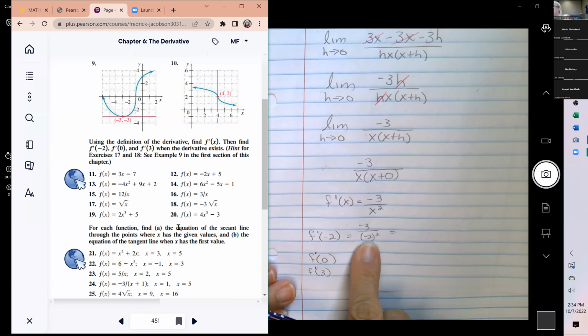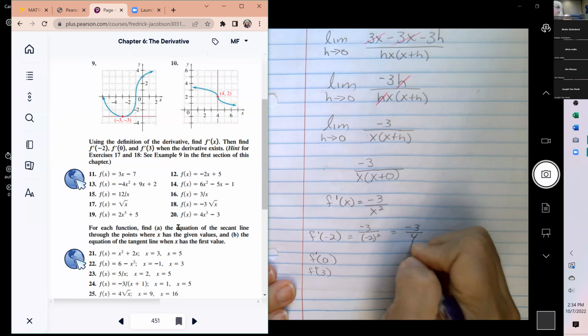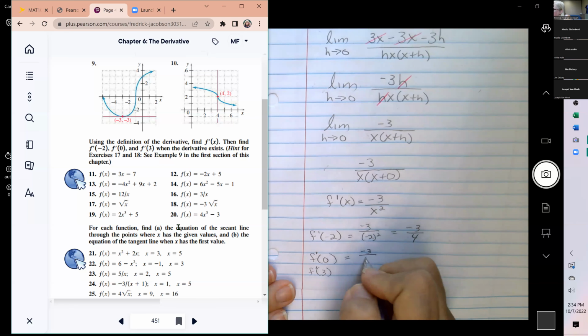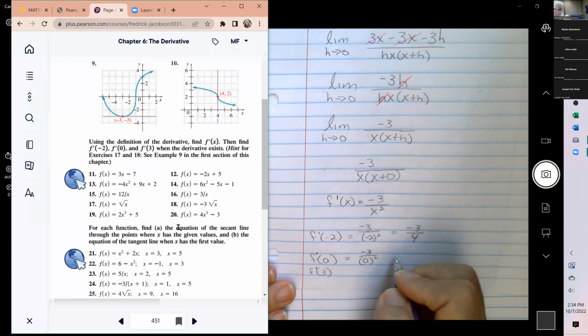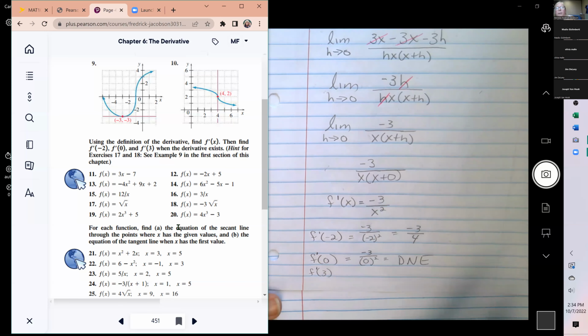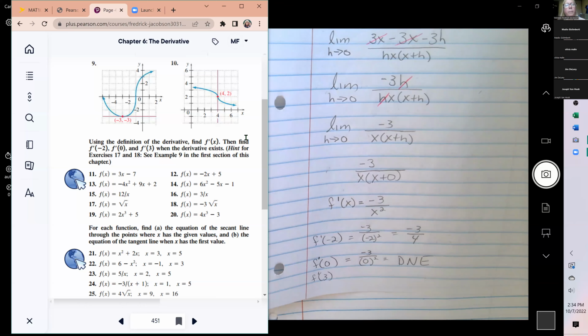This will be 4, so it would be -3/4. We can't plug 0 in, and it did say